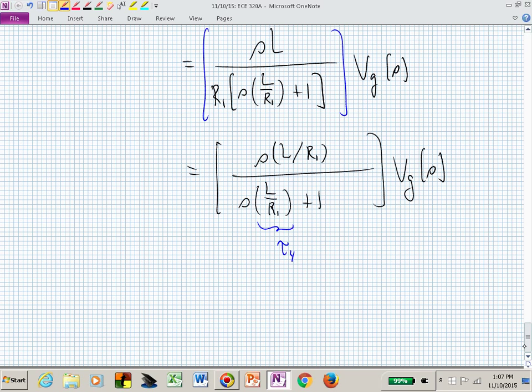And this particular representation for that transfer function